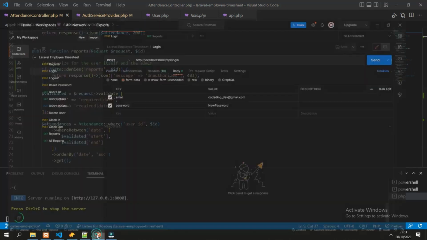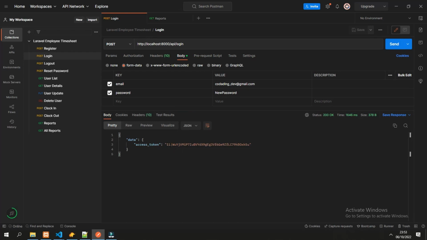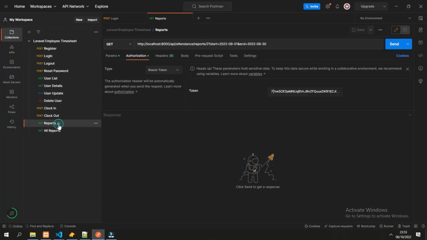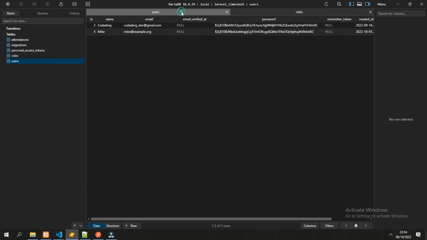And open the Postman. First we can try to use our first user to get the token. We will use this token and try to do the report API. But first let's check the user.